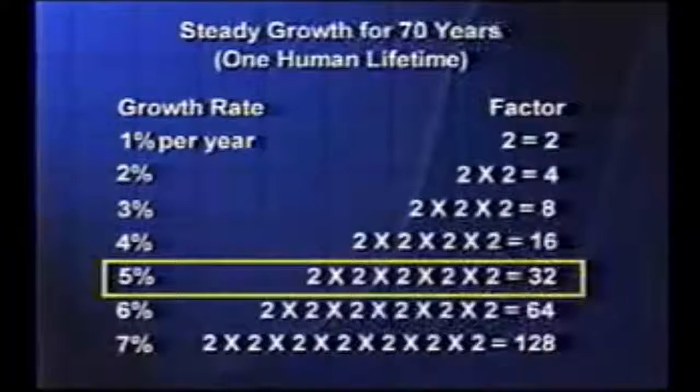Well, you know, I felt compelled. I had to write him a letter and say, did you know that 5% growth for just 70 years, I can remember when 70 years used to seem like an awful long time. It doesn't seem so long now. Well, that means Boulder's population would increase by a factor of 32. That is where today we have 1 overloaded sewer treatment plant. In 70 years, we need 32 overloaded sewer treatment plants.